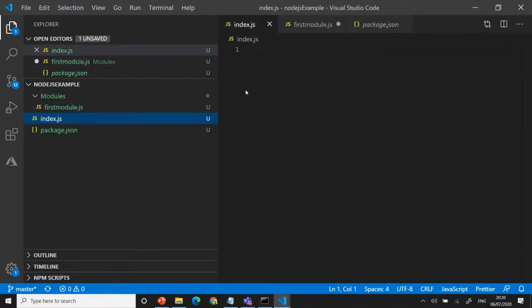Whenever I'm going to refer to modules in our application, we use require. For example, var dt equals require, because it's JavaScript, not TypeScript, right?